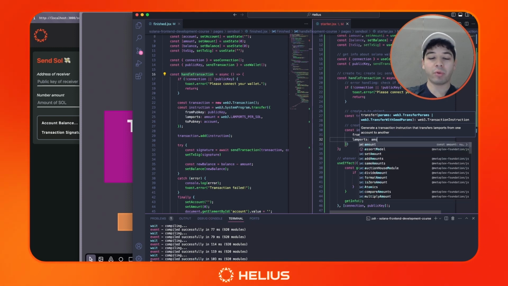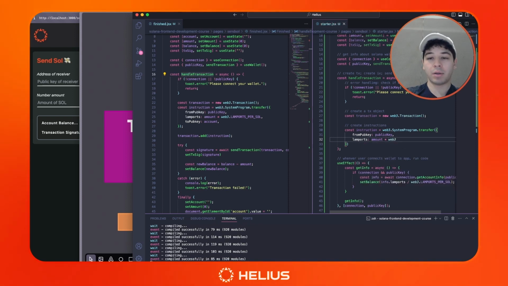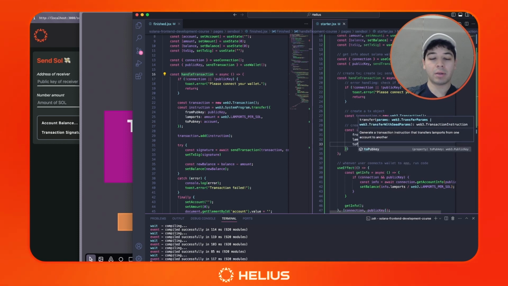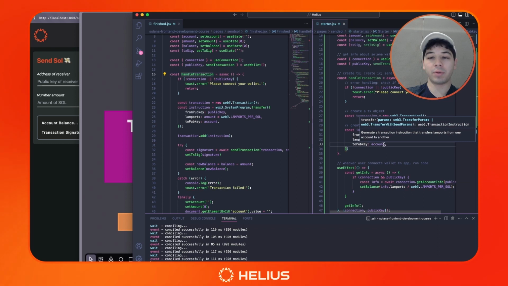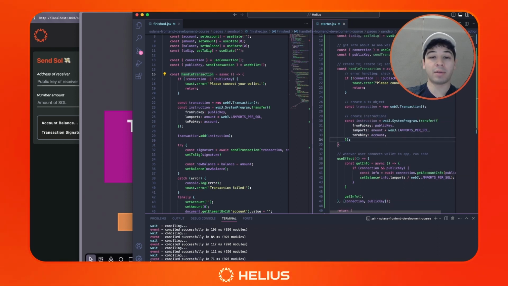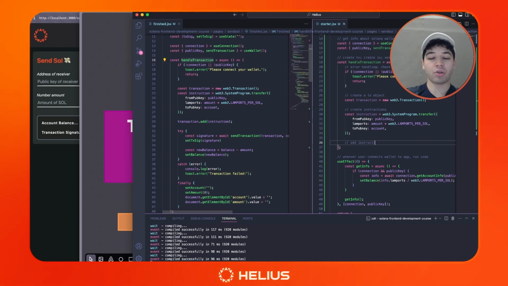How many lamports do we want to send? Well, we're leaving that up to the user, so we'll include this amount state variable. Let's divide that by 1 billion. And then we're going to send it to, again, we're going to leave that up to our user by including this state variable. And then once we've done that, we're going to add our instruction to the transaction